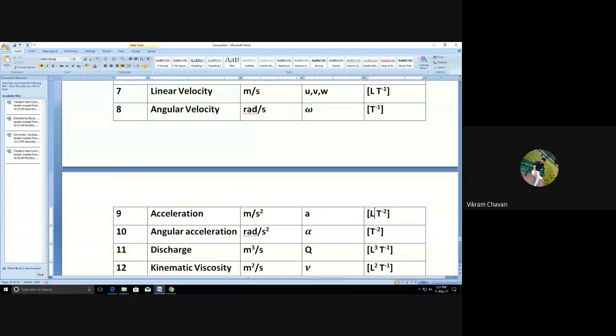And if any dimension is not provided over here, that is nothing but m dimension is not provided in this particular acceleration dimension, so that we can consider that there is m raised to 0. Because no mass term is included in the acceleration, that particular dimension m will be m raised to 0, so that we have not considered in the dimensions. So if you want to write this, you can write m raised to 0, L raised to 1, t raised to minus 2 also.